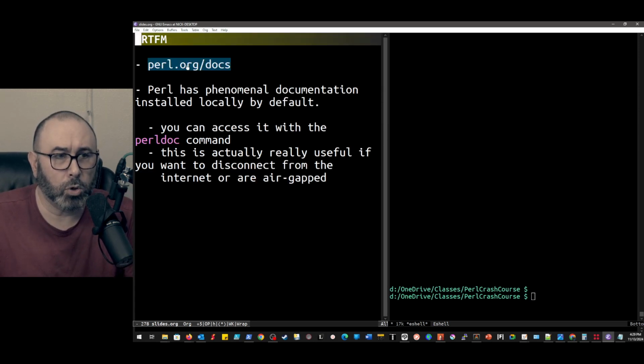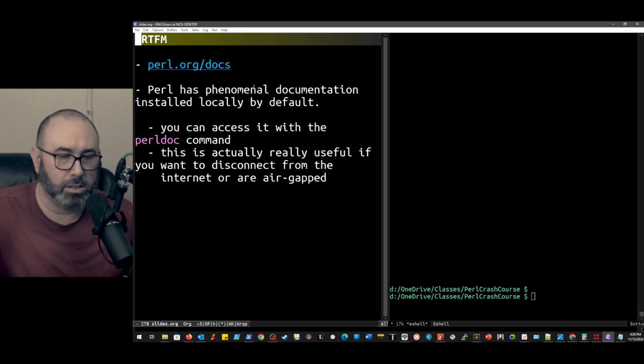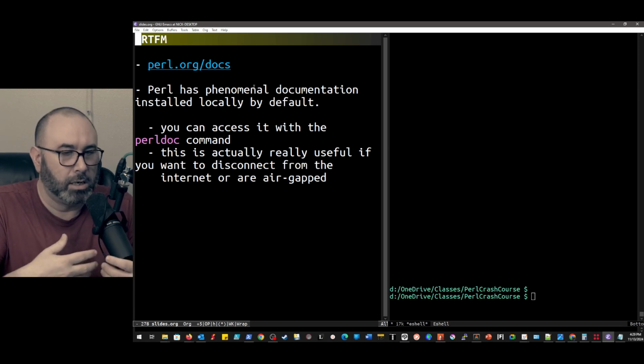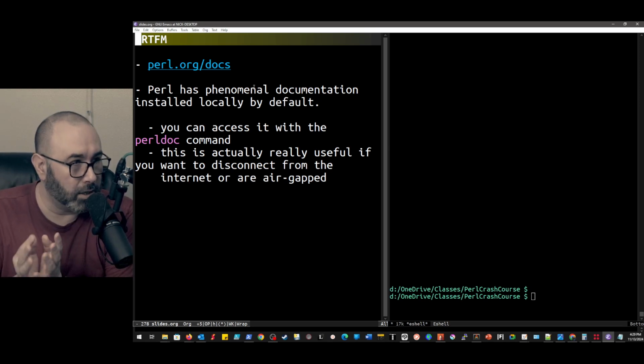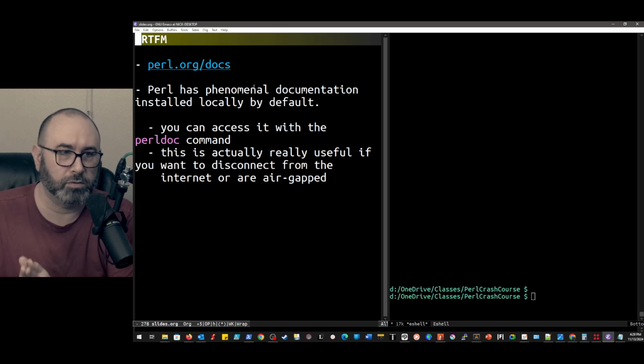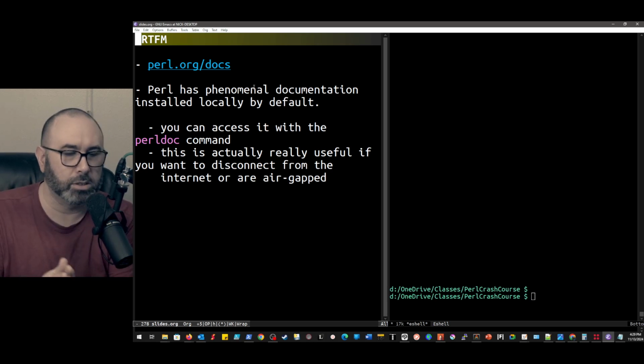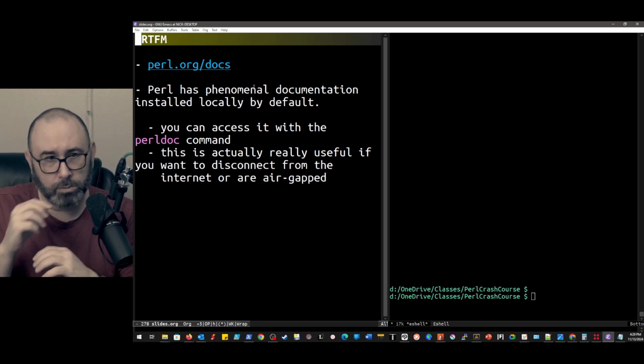Perl has phenomenal documentation. If you go to perl.org/docs, you can learn the entire language through there. This is going to be an entry level kind of course. We're going to go over the core language features, a whirlwind tutorial on Perl.